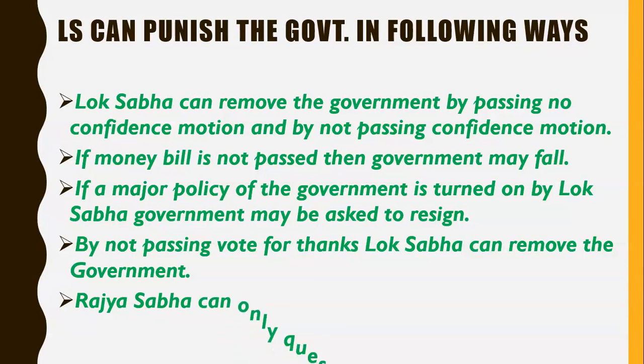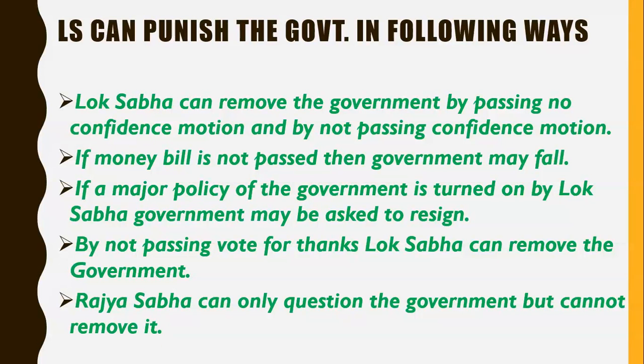Now what is no confidence motion? So no confidence motion is passed by simple majority. For example, if the no confidence motion is introduced in Lok Sabha, and no confidence motion can only be introduced in Lok Sabha. It cannot be introduced in Rajya Sabha. So for example, if no confidence motion is introduced in Lok Sabha and if it is passed via simple majority, then the government will be removed. Okay. So suppose the no confidence motion is introduced in Lok Sabha, okay, and remember that it can only be introduced in Lok Sabha.